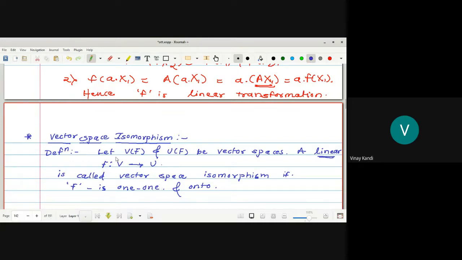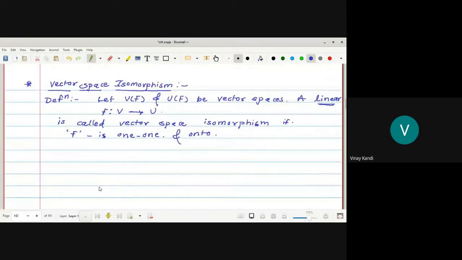So that is to say, suppose F is any map from capital V to capital U. It is called a vector space isomorphism